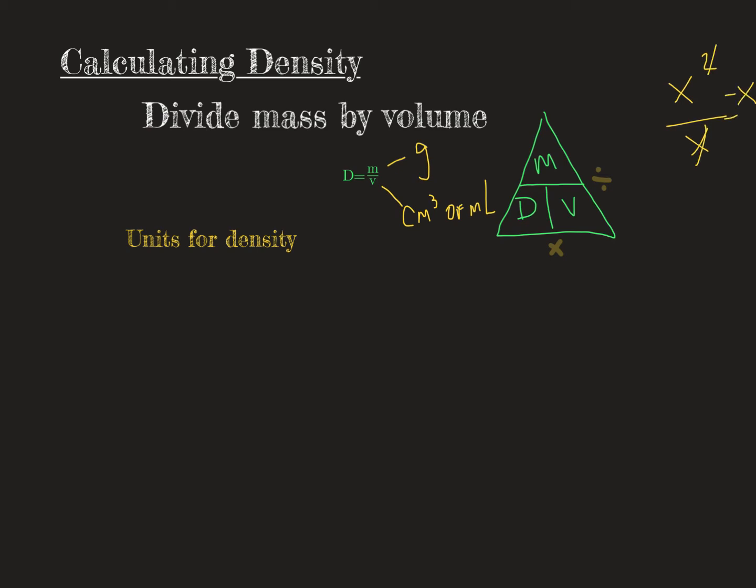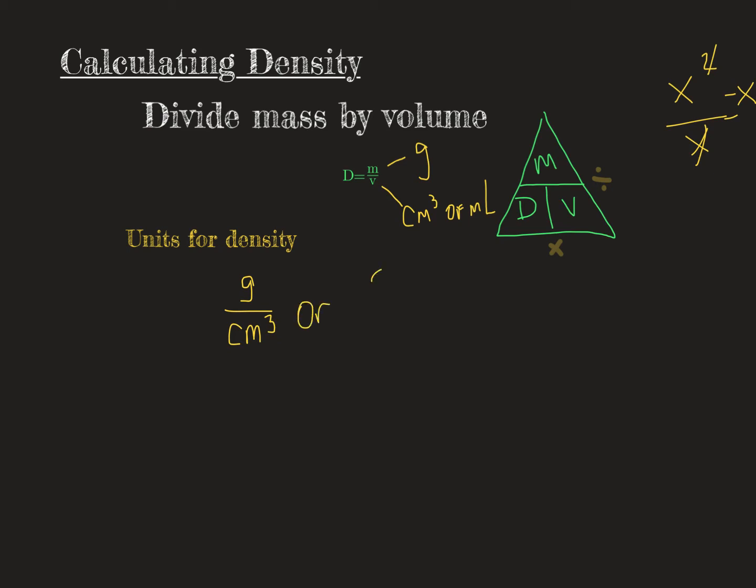Same thing in science. If we have the same thing on the top and the bottom, they would cancel out. But we have G, which is grams on the top for mass, and we have centimeters cubed or milliliters on the bottom. They're not the same. So because of that, we keep them all. So our units for density are grams per centimeter cubed